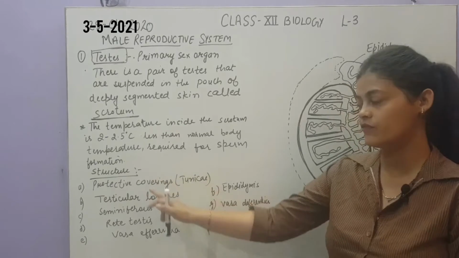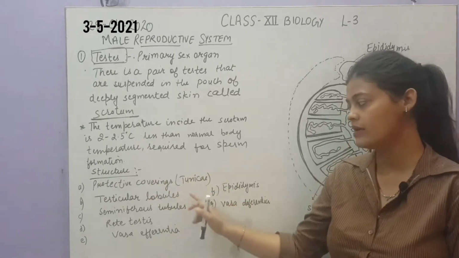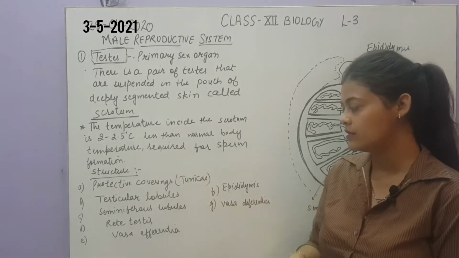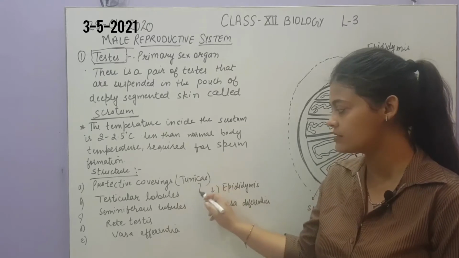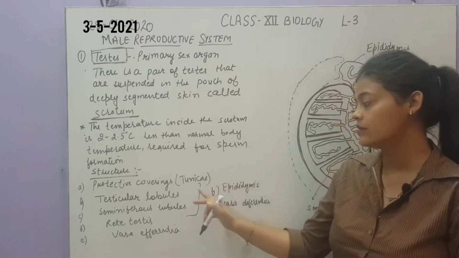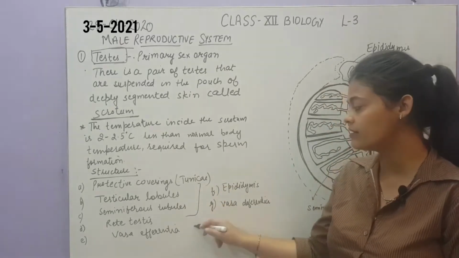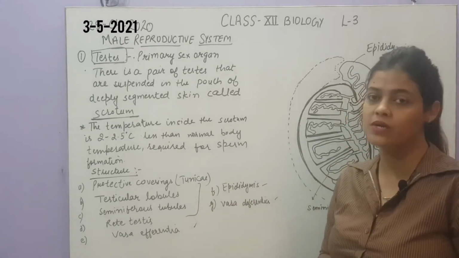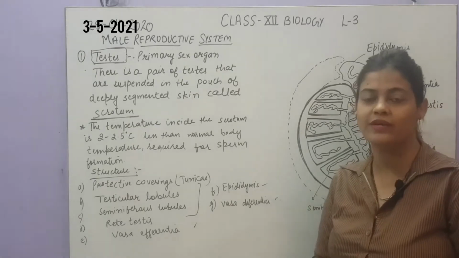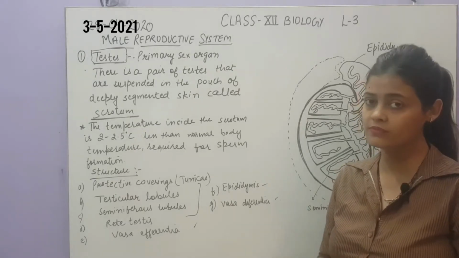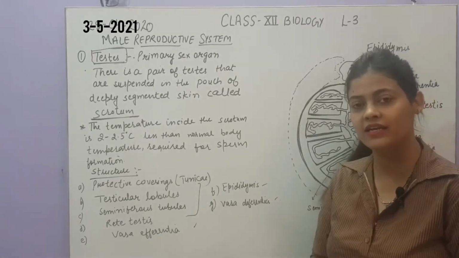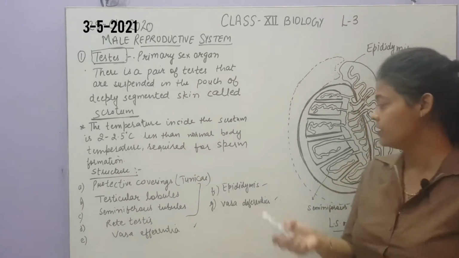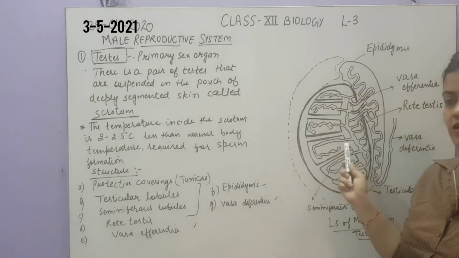So these are the coverings through which the testes are covered, and these four parts you can see are the inside structure of the testes, and these are the accessory parts which help the sperms to transfer towards the ejaculatory organ, that is the external genitalia, that is the penis. So if you see the structure here,